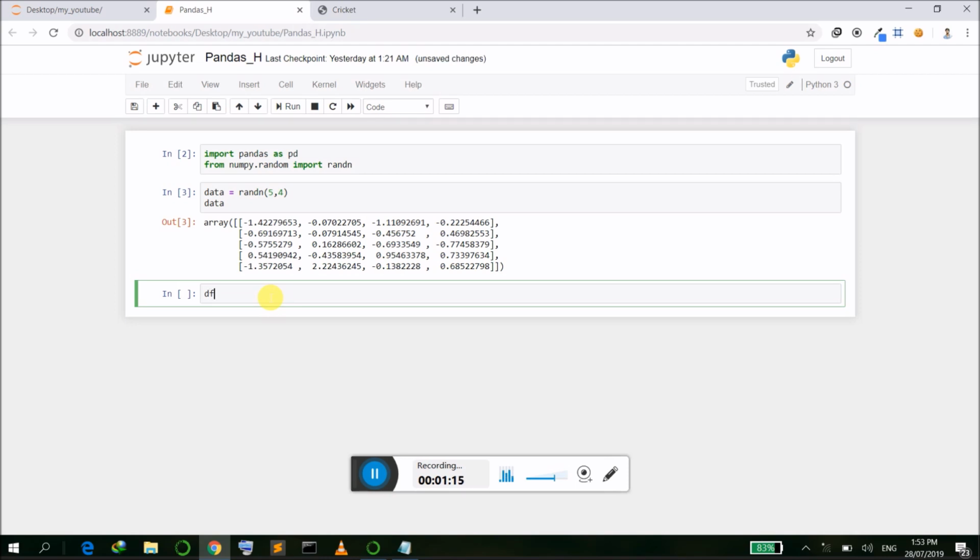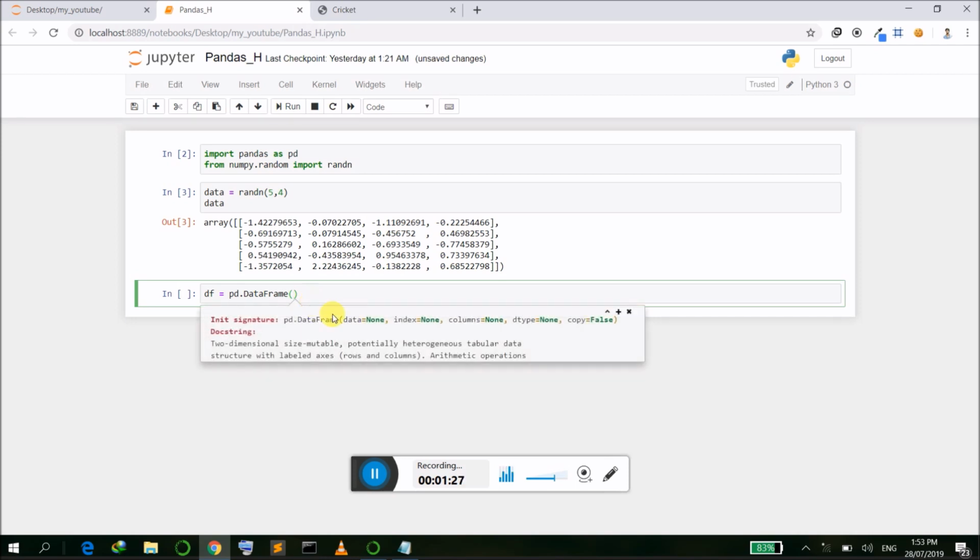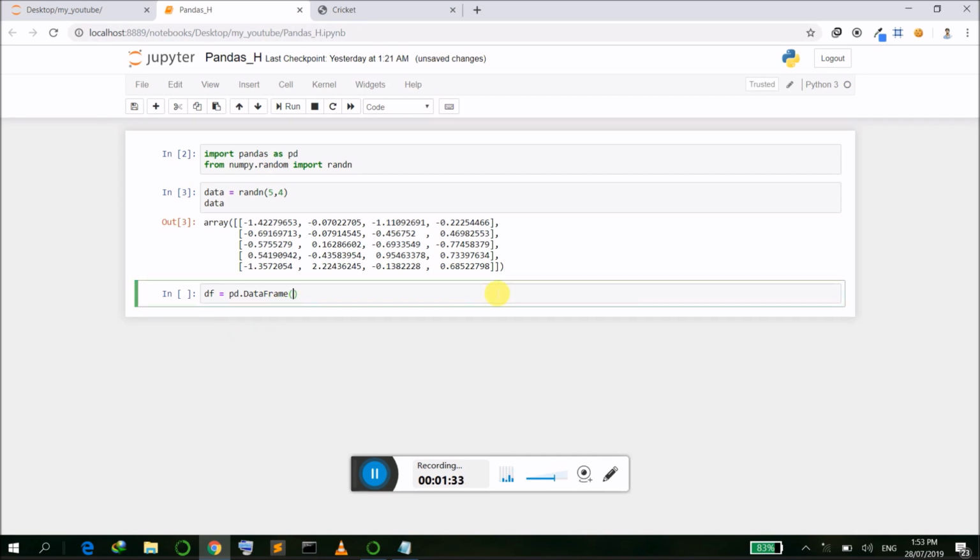Okay, let's make a data frame out of this 2D matrix. So how do we do that? pd.DataFrame, and see the parameters: data, index, columns, dtype. Okay, so let's pass the data, and the index names should be a list. Okay, so